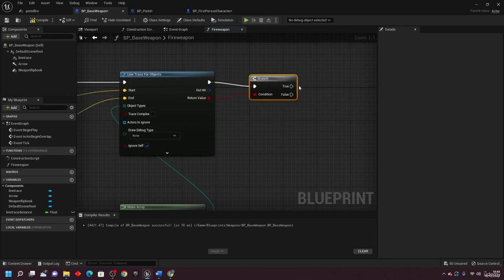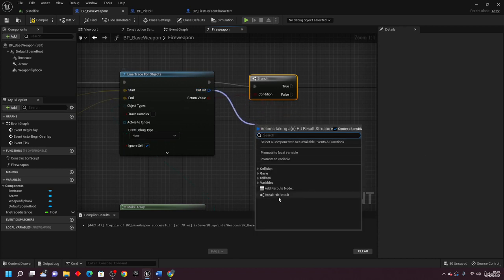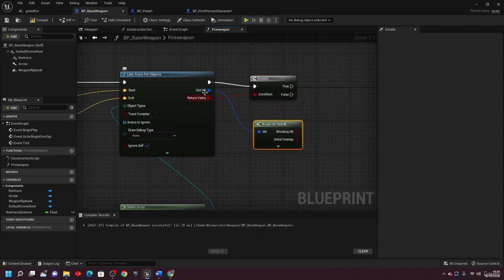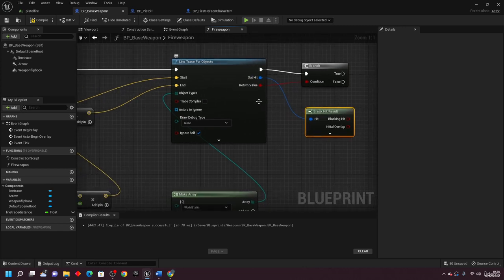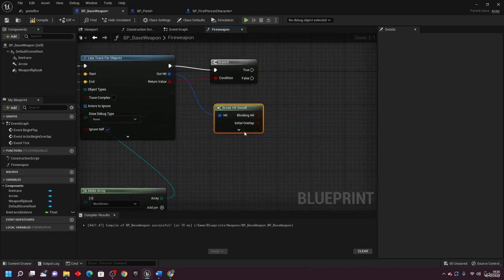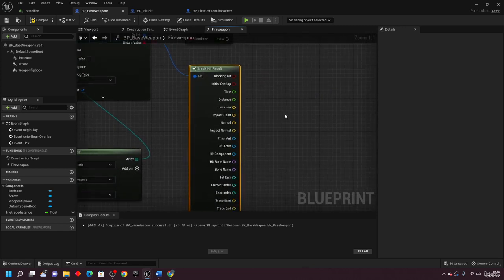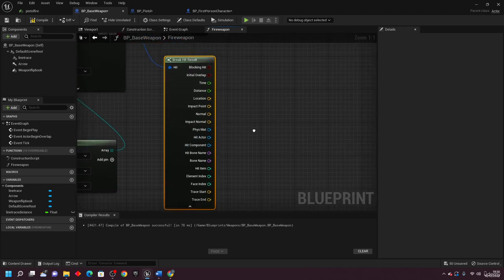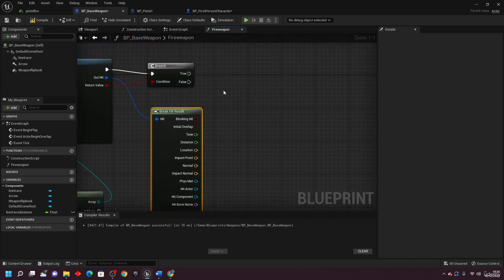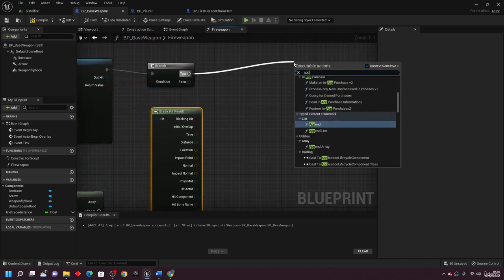Once we do our line trace, if we hit something, then we're going to apply damage to whatever we hit. In order to do that, we can just drag off this R hit result and look for break hit result. This R hit basically contains all the information about the actor that we've hit with our line trace. Click this little arrow and it will expand and show all the information about the actor that we've hit. What we want to do is get the hit actor and just drag off true and look for apply damage